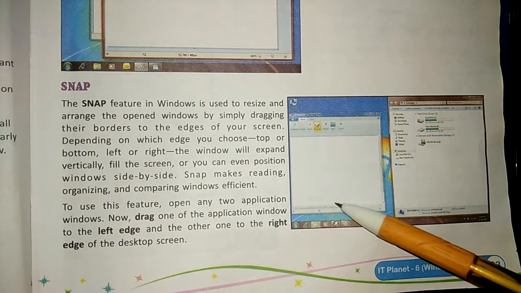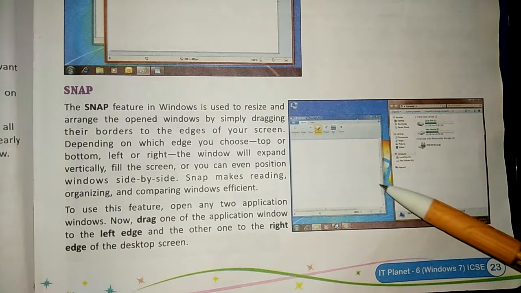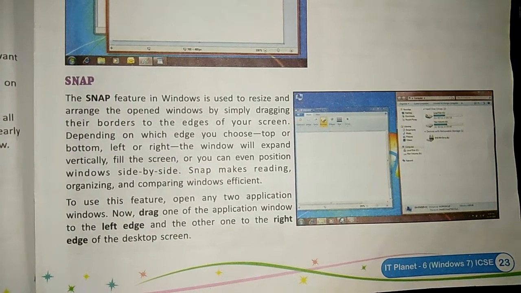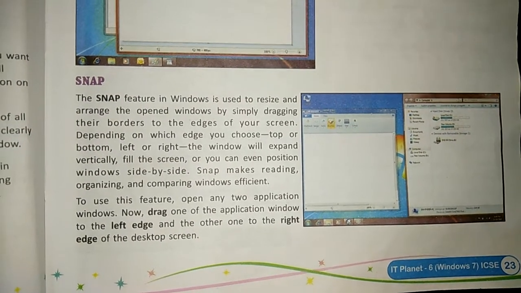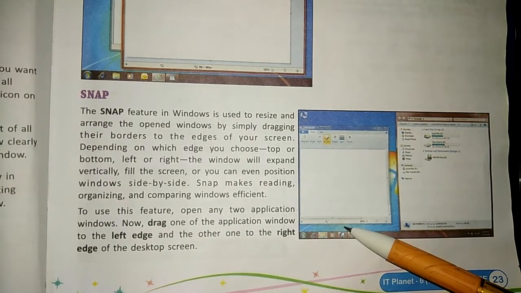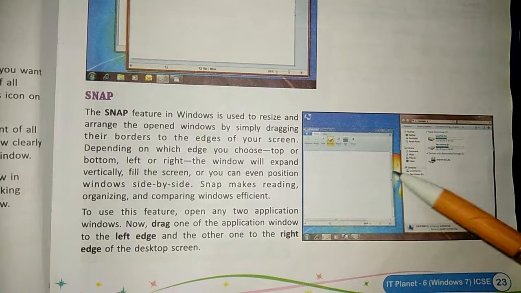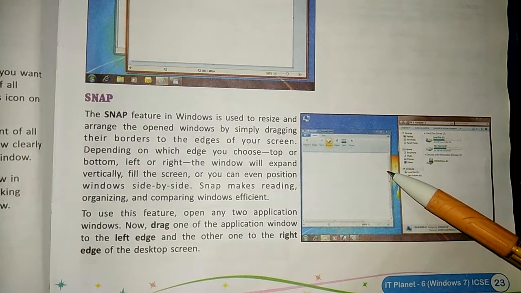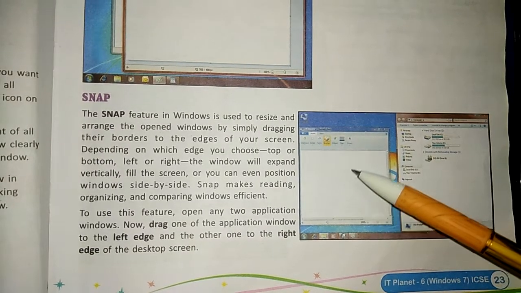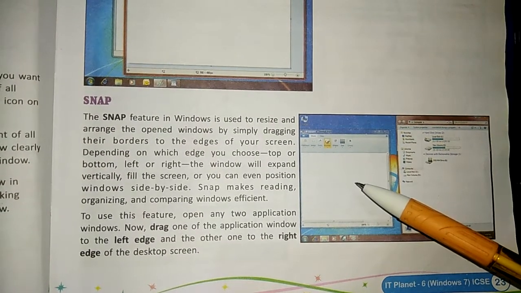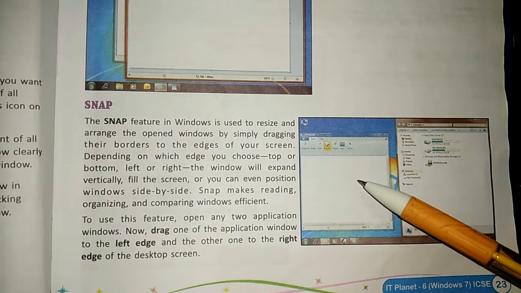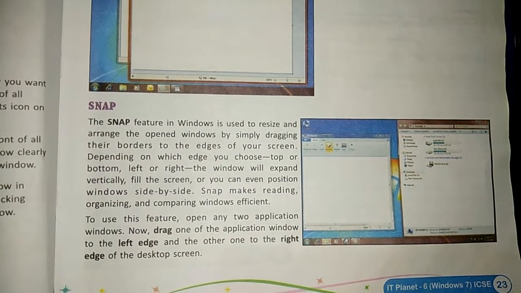Depending on which edge you choose, top, this one, bottom, left, or right, the window will expand vertically, fill the screen, or you can even position windows side by side. Snap makes reading, organizing, and comparing windows efficient.